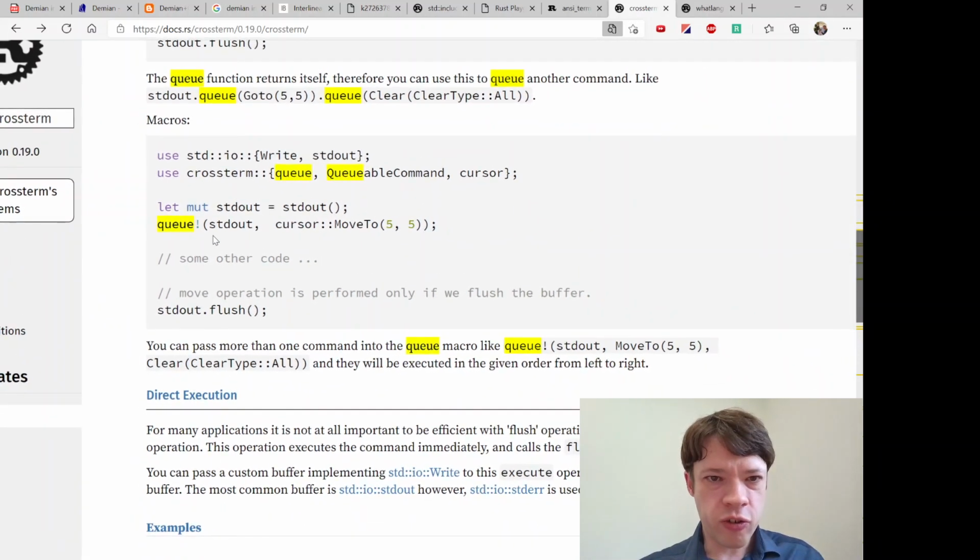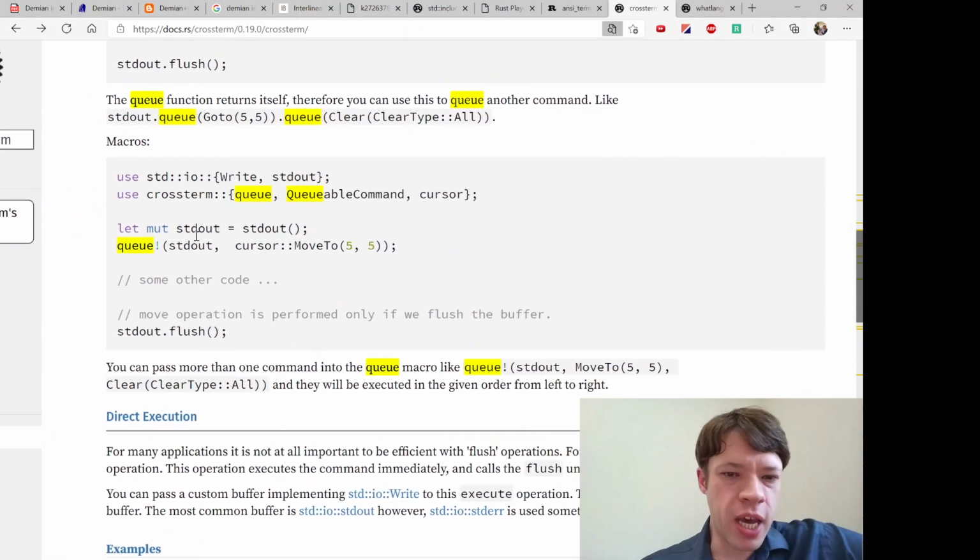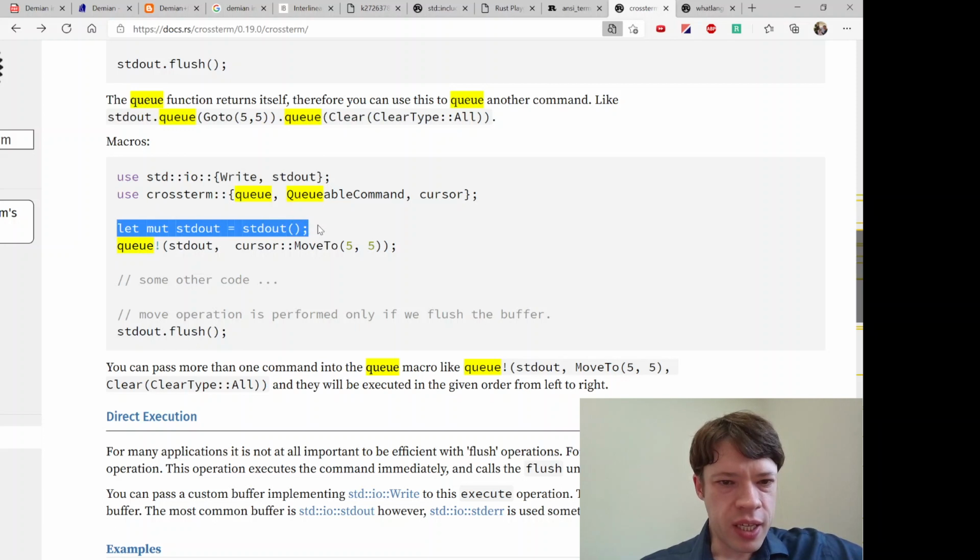So the way crossterm is set up is it has this macro that lets you set up a bunch of commands, and there's a lot of things you can do with it. But you can see it starts out with stdout, and then it's going to queue all the things you want to do with it.